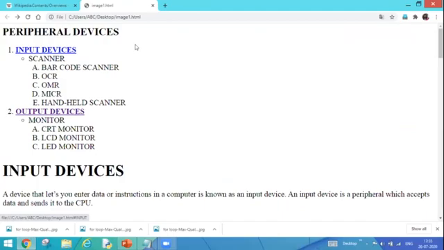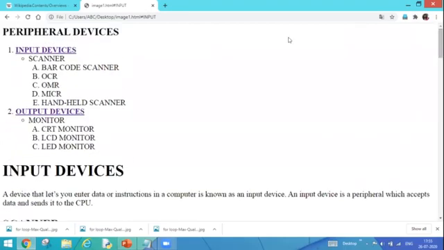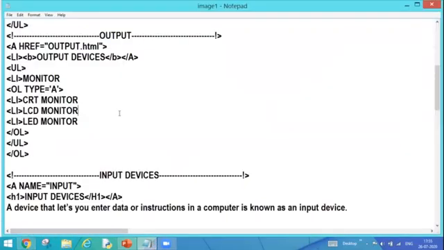So my link is refreshed because earlier it was external linking. Now I have converted it into internal linking. So once I click upon there, I am redirected directly onto the section input device. And you can observe this scroll bar also. It has moved a little bit down. So I can scroll up and I can go back there. So let's recapitulate the step.